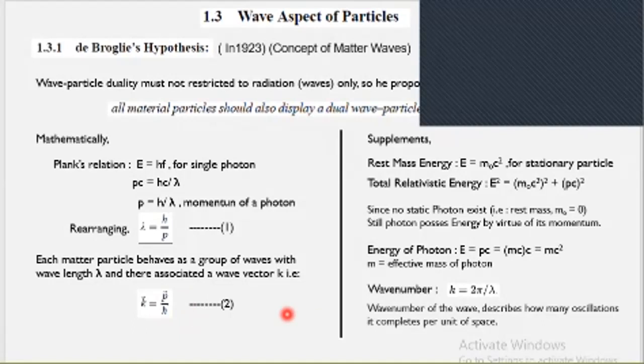In order to derive equation 2 from equation 1, you just have to divide both sides of this equation by 2 pi. Then on the left hand side, Planck's constant by 2 pi will become reduced Planck's constant, and on the right hand side, lambda over 2 pi will become 1 over k, that is the reciprocal of the wave number k, which is described here, and the relation is given here.